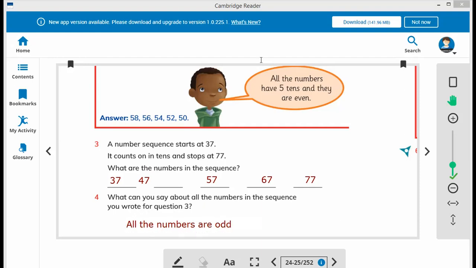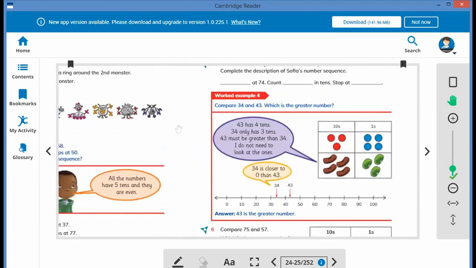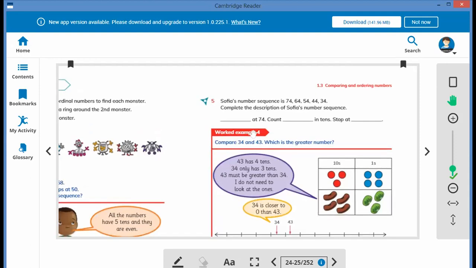Moving on to the next question, question number 5. So here we have question number 5. Sophia's number sequence is 74, 64, 54, 44, and 34. Complete the descriptions of Sophia's number sequence. Dash at 74 counts, dash in tens, stops at